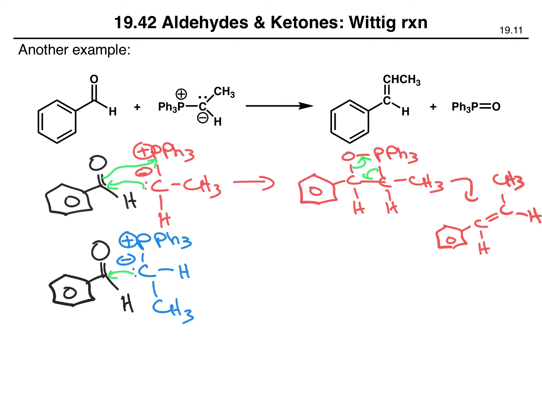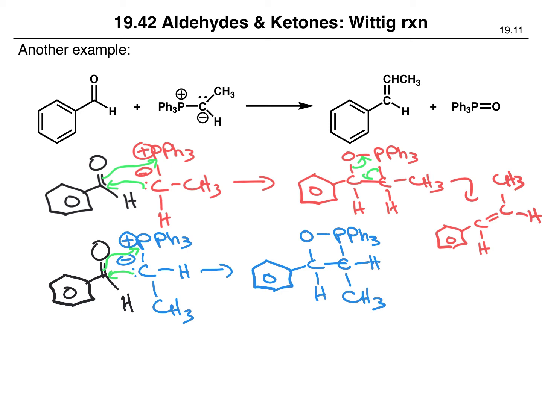So these electrons move this way, these electrons move this way, and that will give us this intermediate. Here is the hydrogen, and here is the methyl group. And now we can imagine these electrons move here, these electrons move here, and that will give us